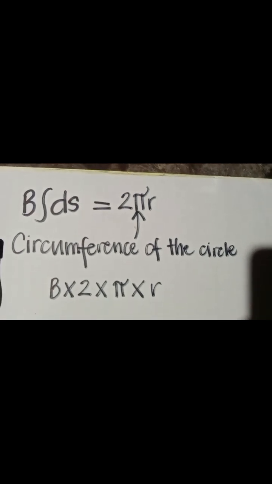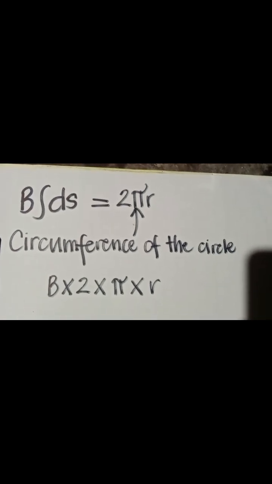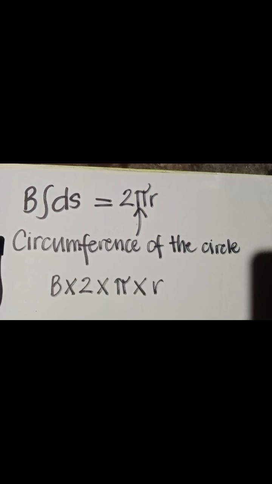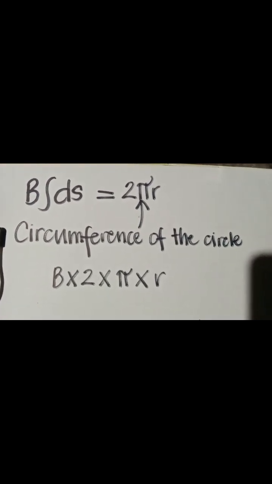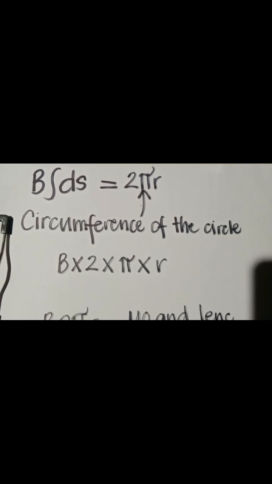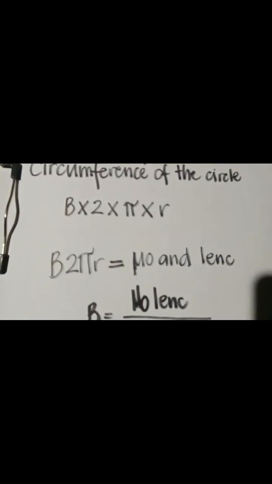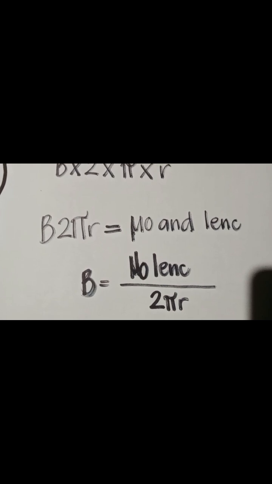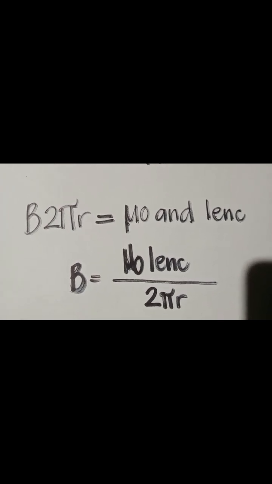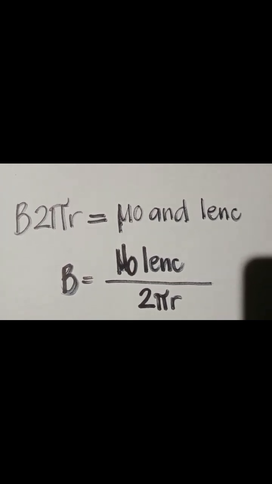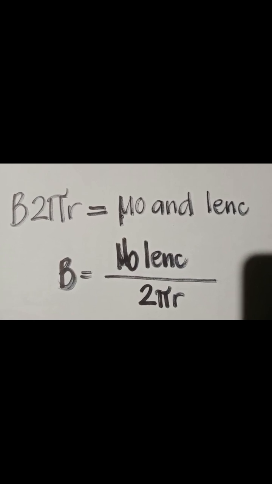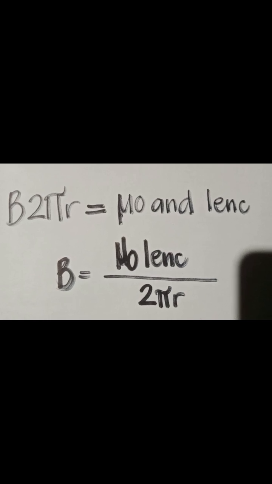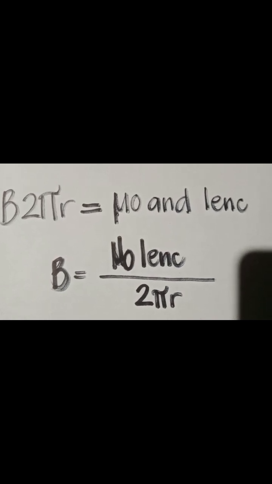In short, if we apply Ampere's law along a straight wire, the total magnetic field along a circle surrounding a wire is equal to B times 2 times pi times r. And B times 2 pi r is equal to the magnetic field constant times the enclosed current. So the final formula for Ampere's law is B is equal to the magnetic field constant times enclosed current over